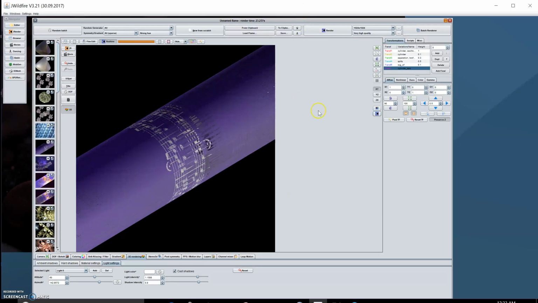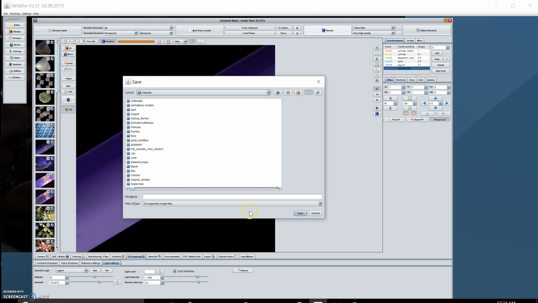All right, the next thing to do is we're going to set our quality. I want very high quality for this render. And since it's already set to 3D, when I click the render button, it's going to render in 3D. Now, once I type in the file name, I'm probably going to pause the video here so that we don't have to wait for the render time, which will